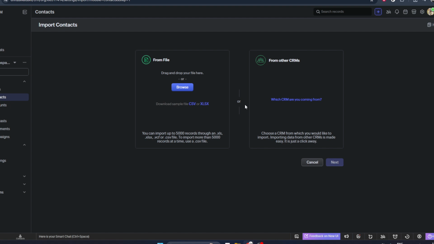Once you click Import, Zoho CRM will launch a guided import process. From here, simply follow the on-screen prompts. You'll typically be asked to upload your contacts file, choose the correct module, and then map the columns in your file to the corresponding fields in Zoho CRM, such as first name, last name, email address, phone number, and any custom fields you might be using. Take your time with this mapping step because it ensures that all your data ends up in the right place. The prompts may also include options